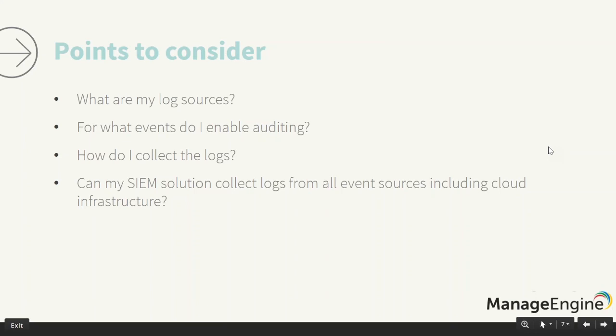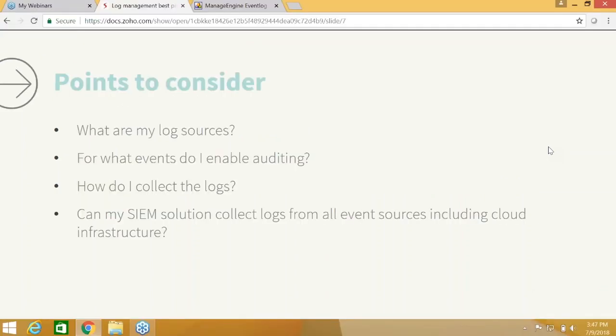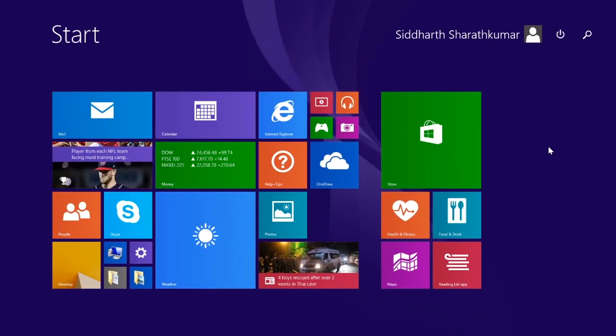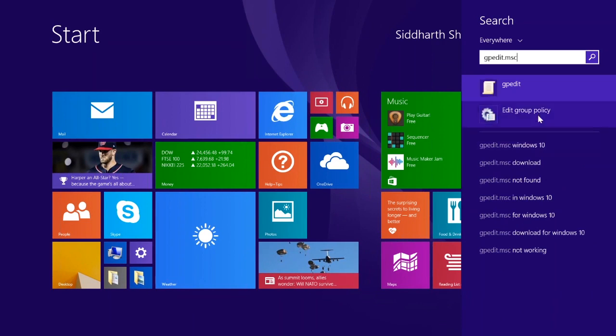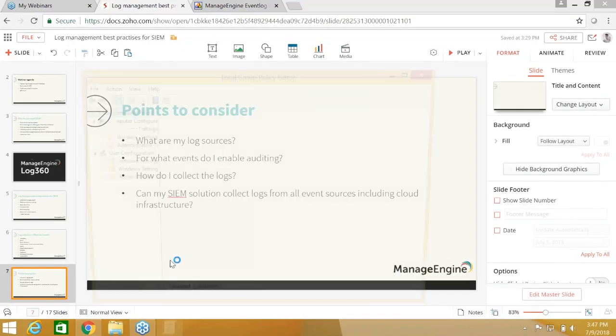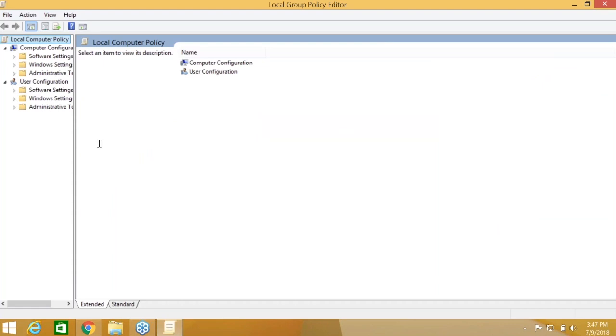Understand your IT security and compliance objectives and tweak your audit policies, set up an optimal policy so that you aren't tracking too few events to make any sense out of, nor tracking all events where important events get lost in the noise. In the case of Windows, I can just go to gpedit.msc on my laptop to open the group policy editor, and show you what I mean by tweaking